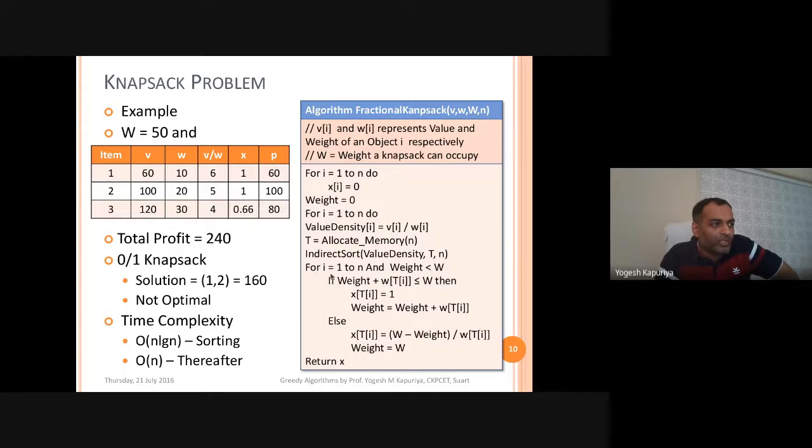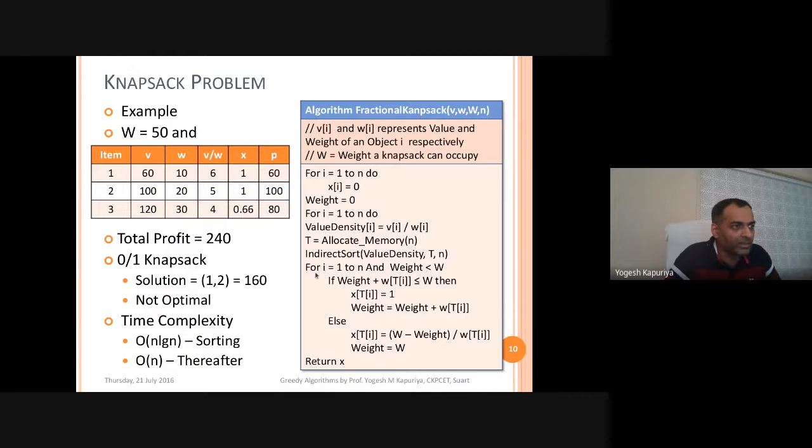Then again you have this for loop, but you are running it maximum n times. Again, we are considering the worst case scenario. In the worst case, this loop will run n times. Let's say your knapsack is so large that it can occupy all the items. In that case, this loop will execute n times. So when it executes n times, it means that there is no nested loop.